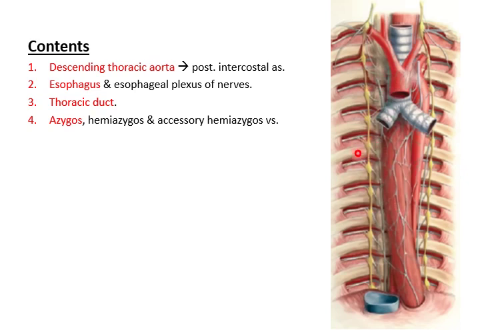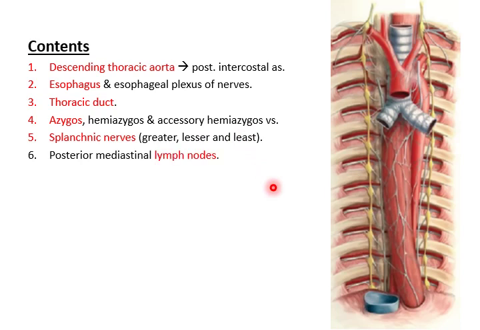As it ascends, it receives the hemiazygous vein and the accessory hemiazygous vein from the left side, and they both drain the posterior intercostal veins from the thoracic wall. Lastly, we have, arising from the sympathetic chains here, 3 splanchnic nerves that pass through the diaphragm to reach the abdomen, making plexuses that supply the abdominal organs: the greater splanchnic nerve, the lesser splanchnic nerve, and the least splanchnic nerve. Finally, we have posterior mediastinal lymph